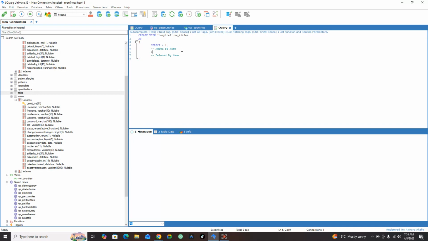So for added by name, I'll simply say concat, a dot first name, space, a dot middle name, space, if null a dot last name, space. So that is added by name. Then I can put a comma, deleted by, and I'll say again